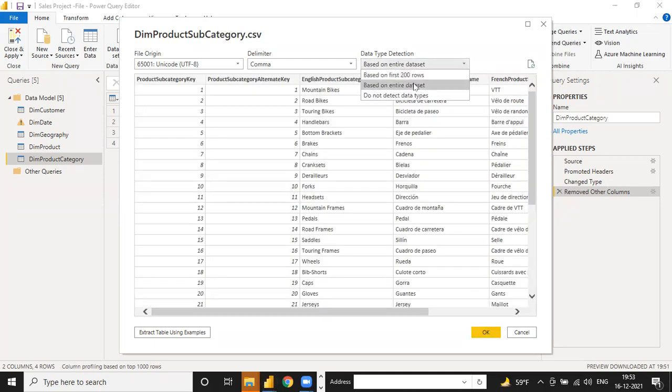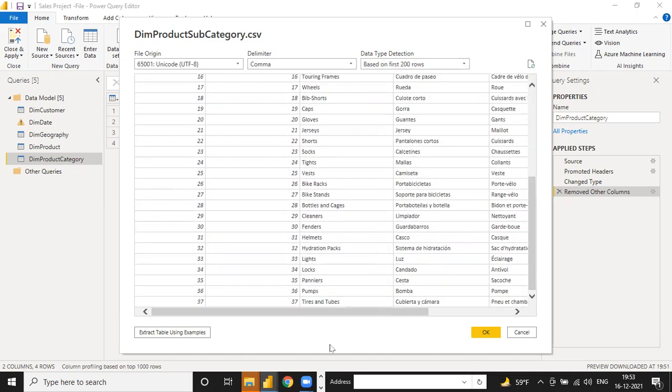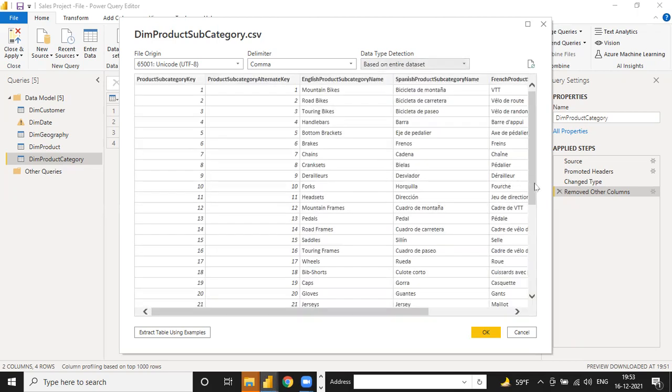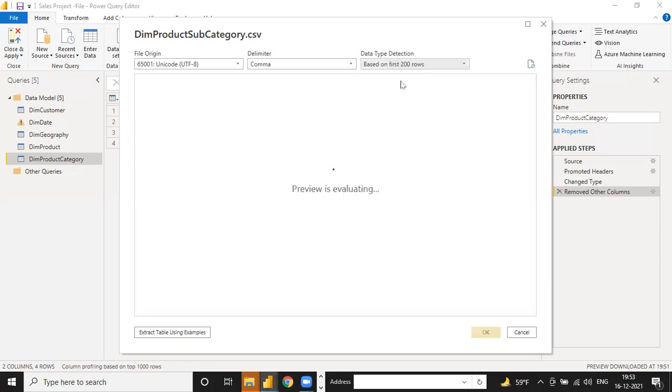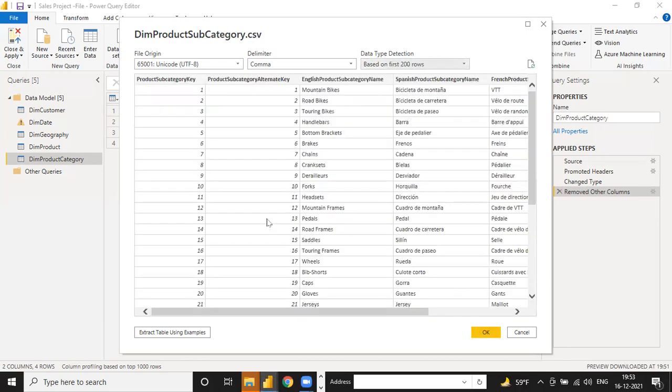Okay. But the question is, if we select only 200 rows, then it shows us partial data, because after 200 rows it will not show us. Right. See, if you click on based on 200, it will go up to 200 only. But if you click on the entire data set, it will go down, but by searching. So you can select based on 200, because the data above and below is available on the same basis.